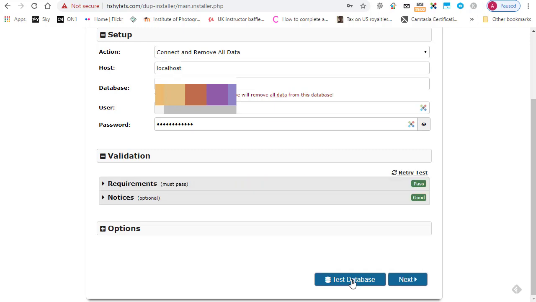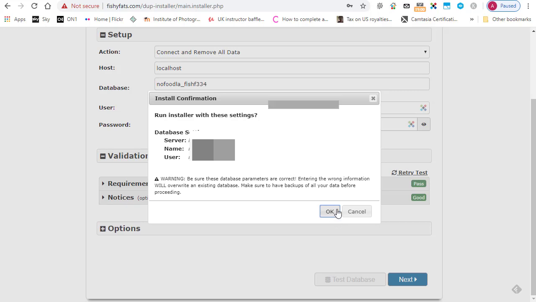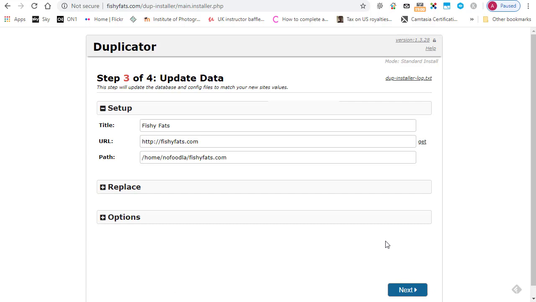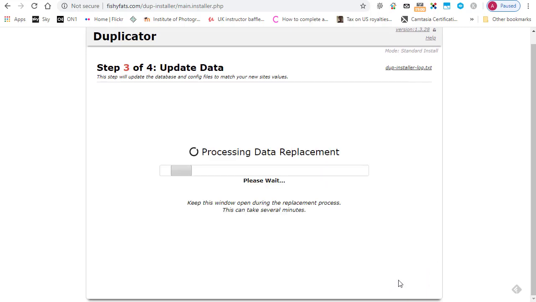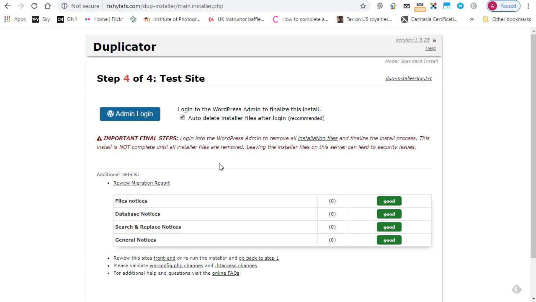So let's click on test database, and you can see we've got pass and good. So we just click on next, click on OK, and it's now got update data. This is just going to finish the installation. Click on next, and you can see we've got a results table down here, files notice, database notice, and so on. These are all good, which means that the